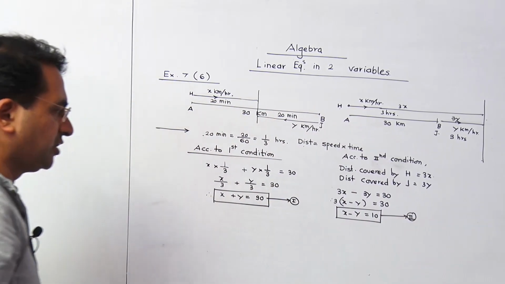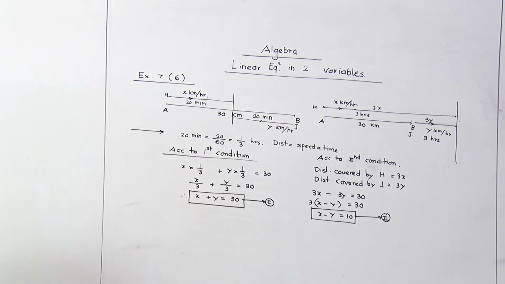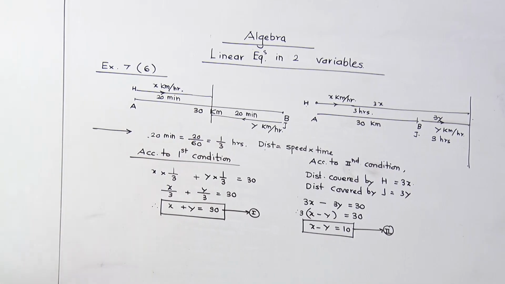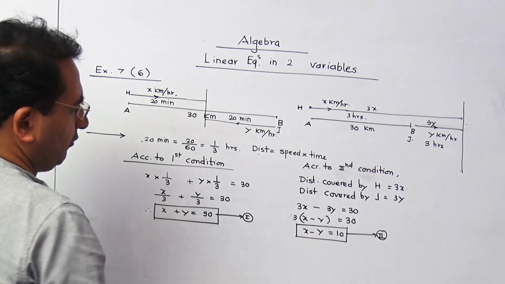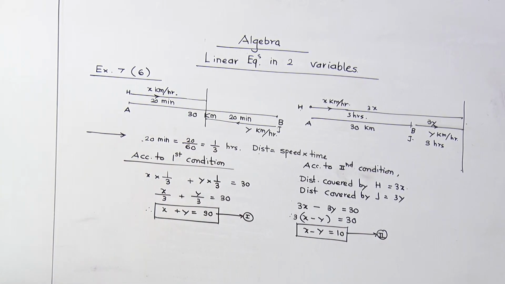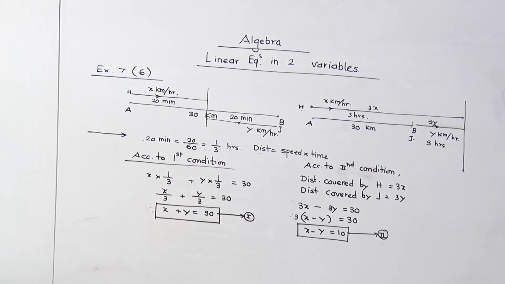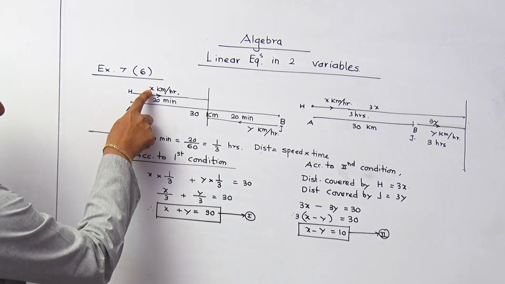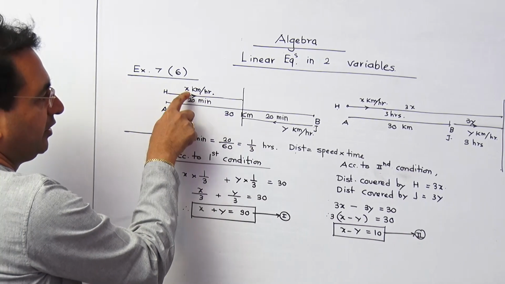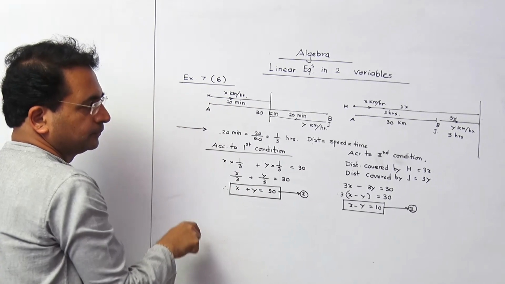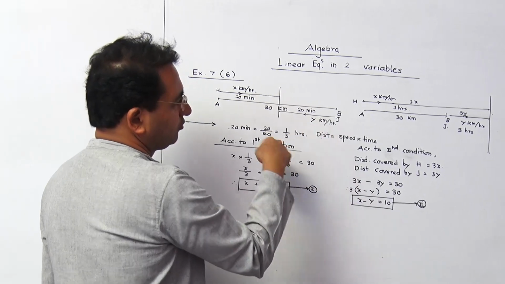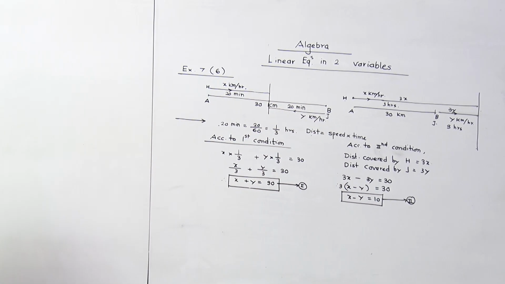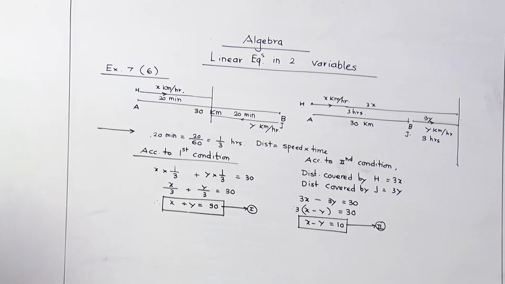These equations we can easily solve simultaneously to get the values of x and y. Now if you do it orally, if you add the equations, then what will happen? y will be eliminated and you will get 2x is equal to 100. Therefore, x is equal to 50. So Hamid is moving the bike with the speed 50 kilometers per hour. And if you get the value of y, that is 40. So Joseph is riding the bike with the speed 40 kilometers per hour.